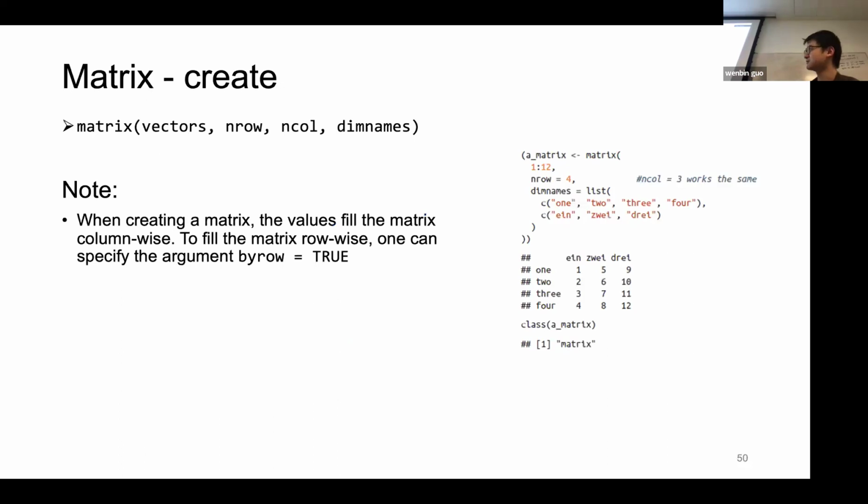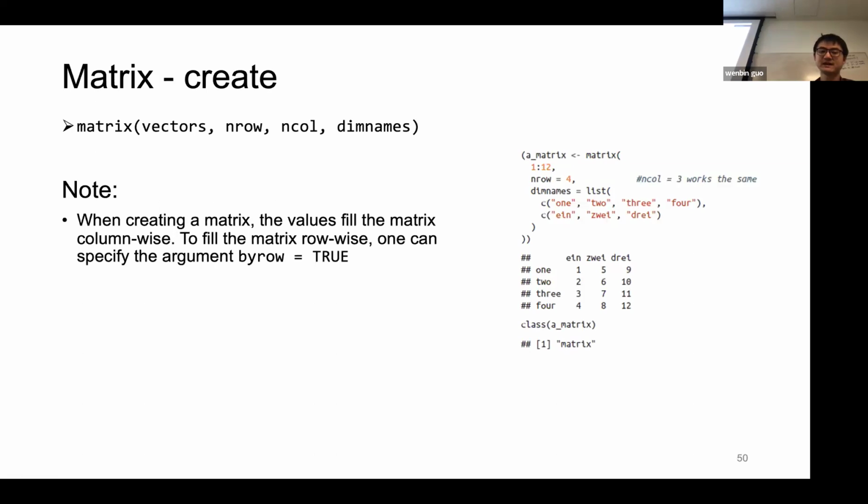So how to create a matrix? You simply use the matrix function. You input the vectors to fill into those cells and specify either nrow or ncol, how many columns the matrix should have. And if you really want, you can input the dimension names, to assign the row names and the column names of the matrix. After that, you will get